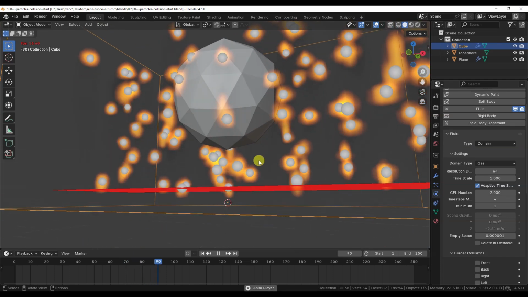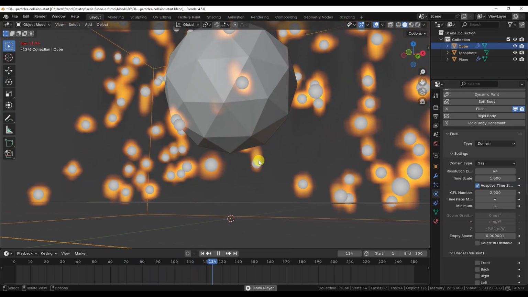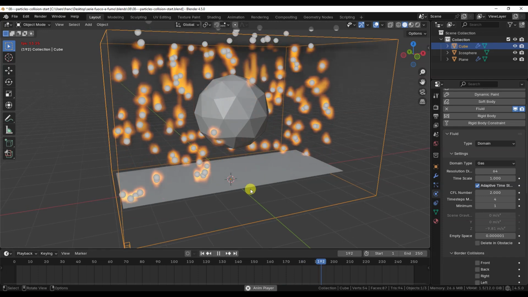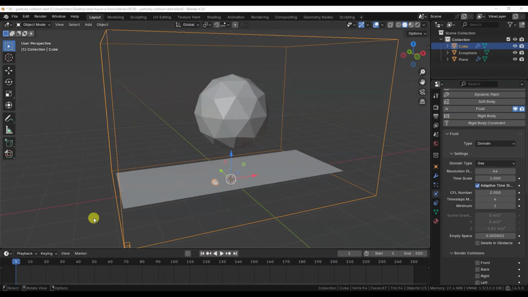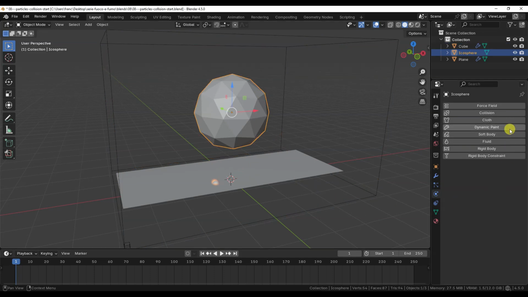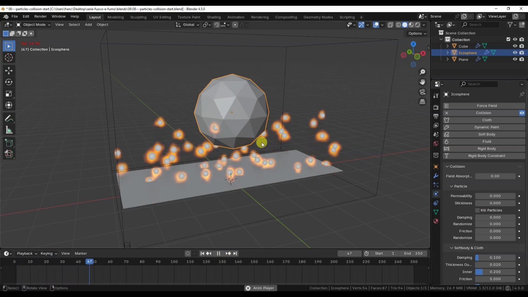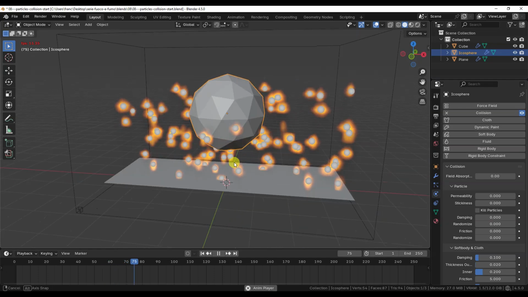As you can see, the particles don't interact in any way with the object inside the domain. In this case, to make the fire particles bounce when they hit the object, we need to add a collision component. This type of component makes the particles bounce, but their smoke and even part of the flames will still end up inside the object. So we also need to add a fluid component of type collision effector to properly handle the fire and smoke simulation.